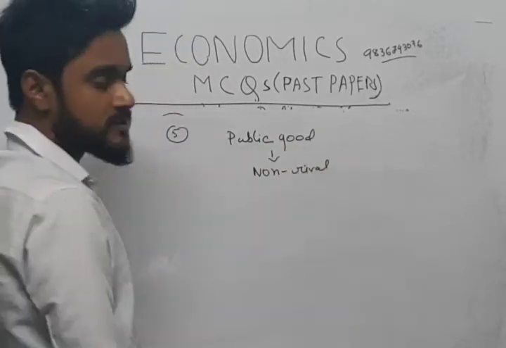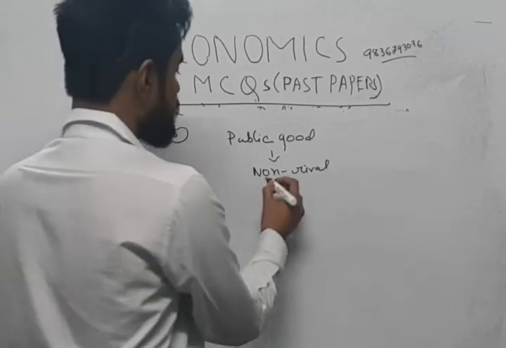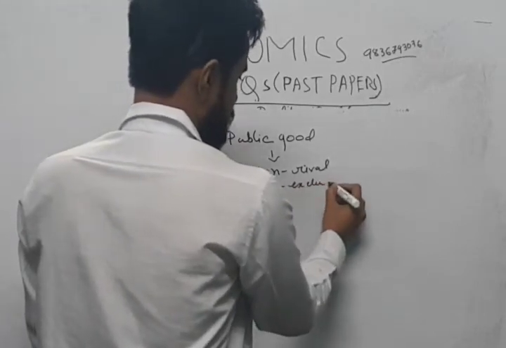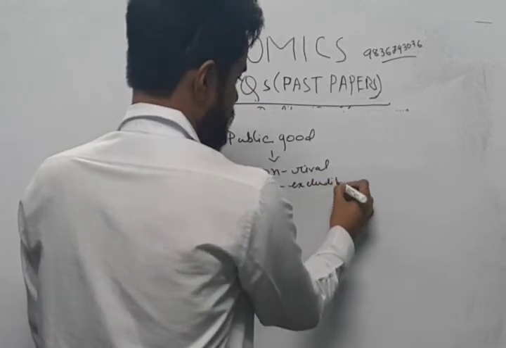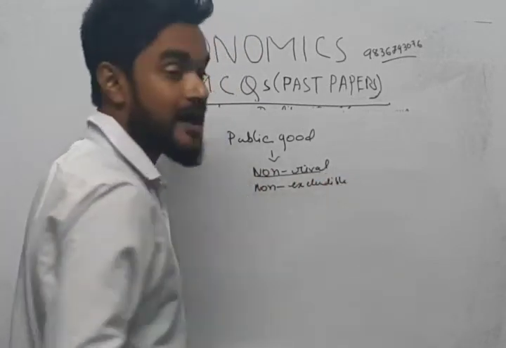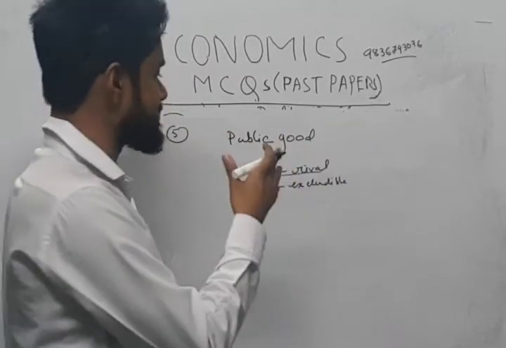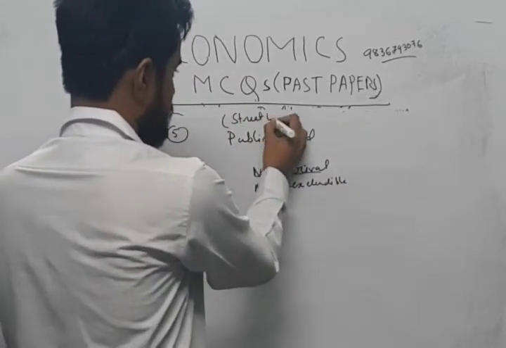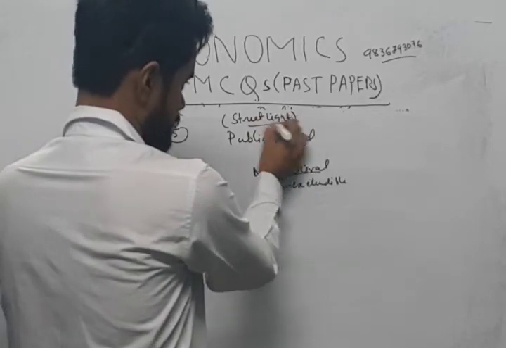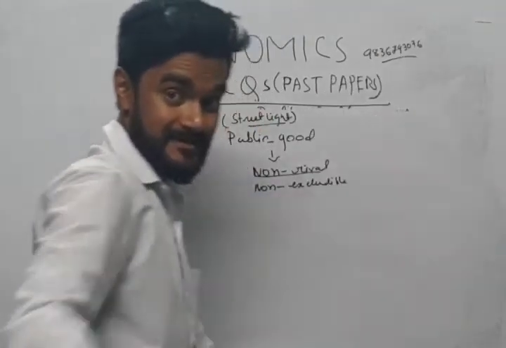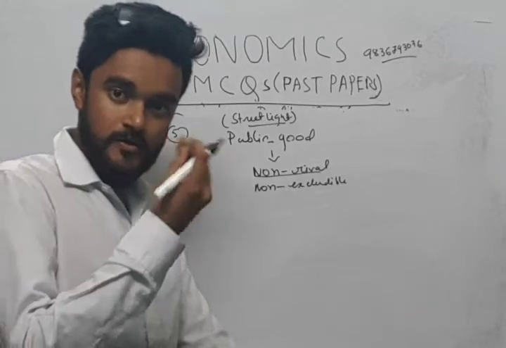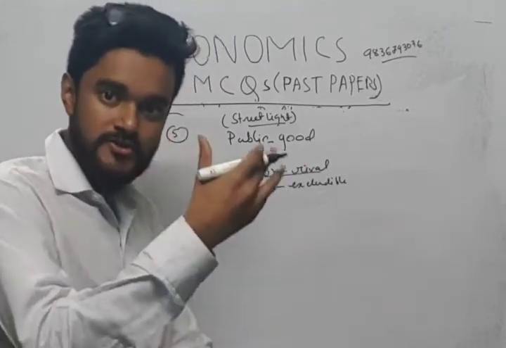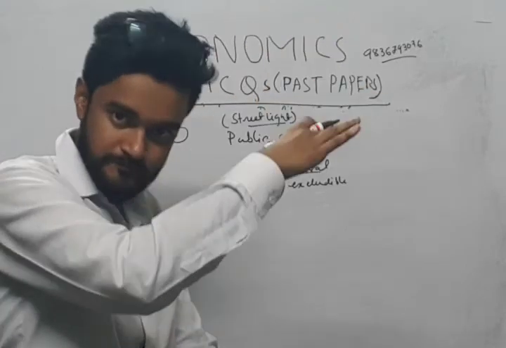That is, the public good is of the nature of non-rival and non-excludable. Which means that there is no rivalry. Say for an example, the example which was given here is street light. So there is a street light in the street. So now no matter whoever goes through that path, they enjoy the light